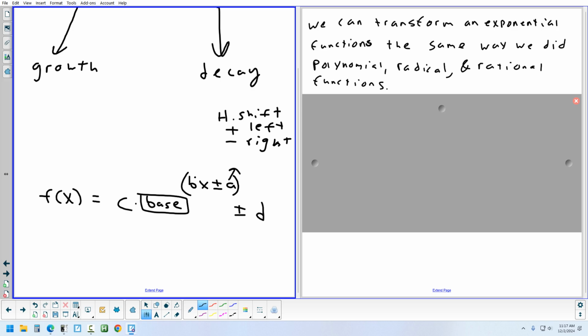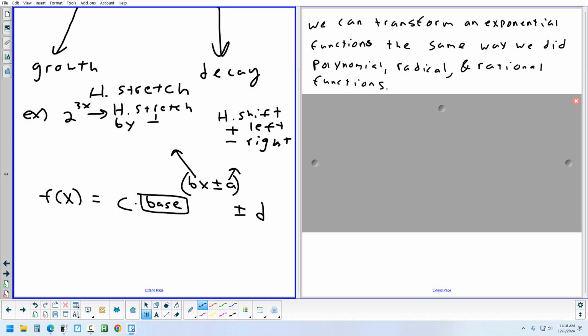Okay, so now the next one is B. B is still horizontal because it's inside the exponent, but it's multiplication, so it's not a shift. It's a stretch. So let me just do an example of that. If you had 2 to the 3x. Again, it's horizontal. You might think, oh, 3 makes it 3 times as big. Nope, makes it 3 times as small. So that's a horizontal stretch